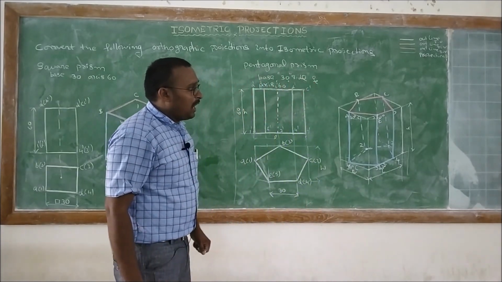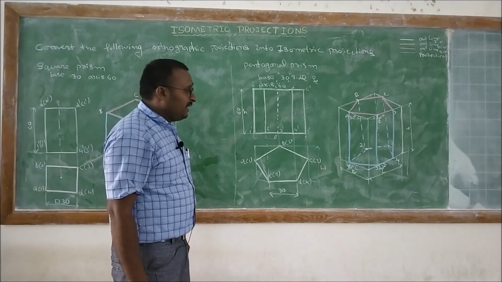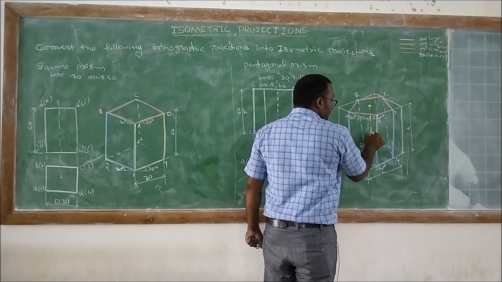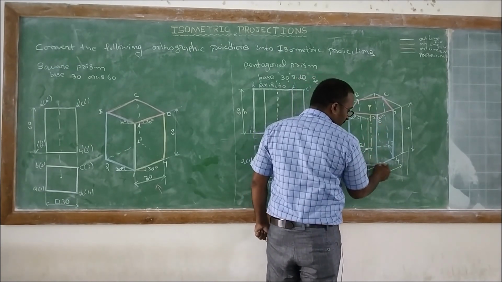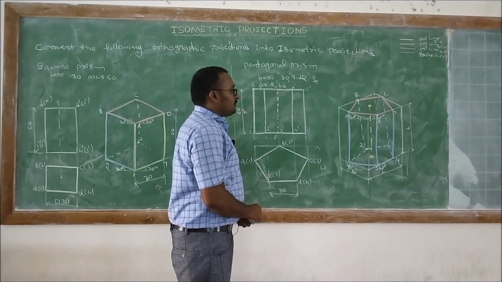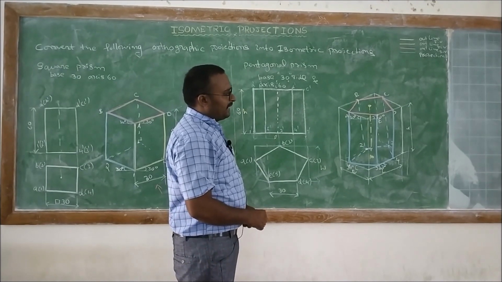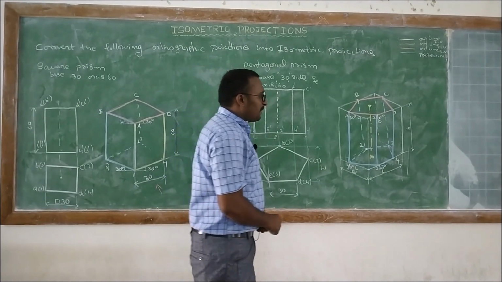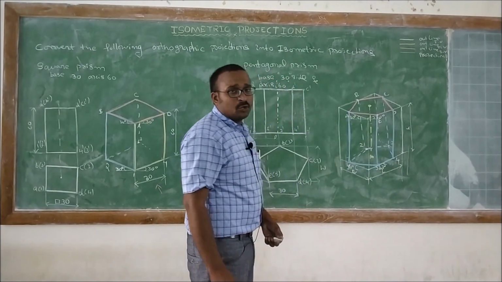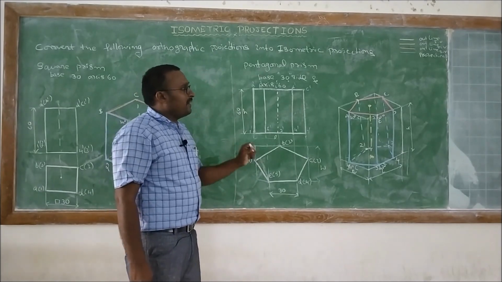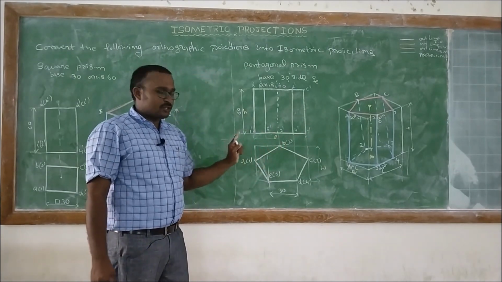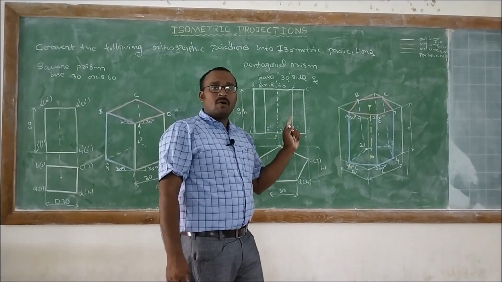So all the construction lines should be drawn with 2H pencil. We need to mark the center point also. Right? All the hidden lines should be drawn with HB pencil, that is continuous thick lines. So construction line should be 2H pencil, that is continuous thin lines. So this is the way how we need to convert that two-dimensional view into three-dimensional view. We must have to follow the guidelines what I have given earlier.